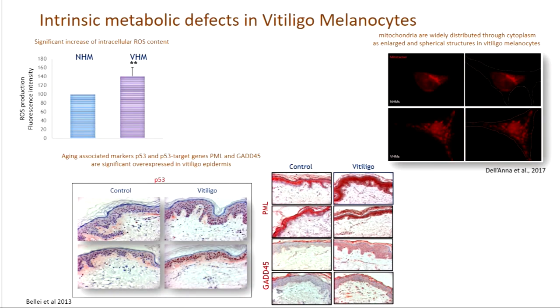Speaking about the possible sources of oxidative stress, some years ago we demonstrated that there are some intrinsic metabolic defects in vitiligo melanocytes. We demonstrated that there is an increased generation of reactive oxygen species in melanocytes from pigmented skin of vitiligo patients. This is associated with morphological alteration of the mitochondria. It is also associated with the expression of some senescence markers of these cells, detectable in vitro and even ex vivo,